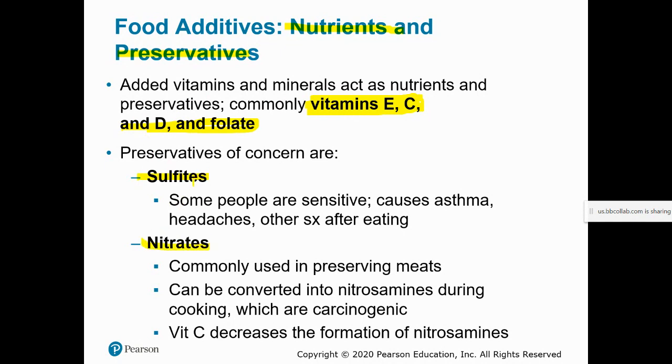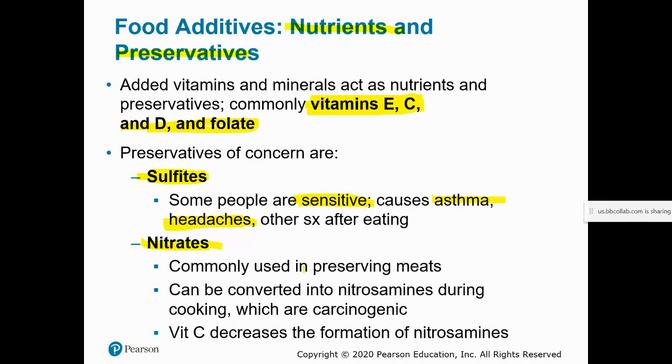Sulfites are common in wine, and a lot of people are actually just plain sensitive to sulfites. So if they ingest sulfites, they'll get some mild to severe symptoms, like potentially asthmatic symptoms. Often headaches are a really common symptom from ingesting sulfites. So the sulfites have to be indicated on the ingredients list if they are used. So that way people who are sensitive to sulfites can, again, sort of make the choice to ingest the food or not. And then nitrates are interesting.